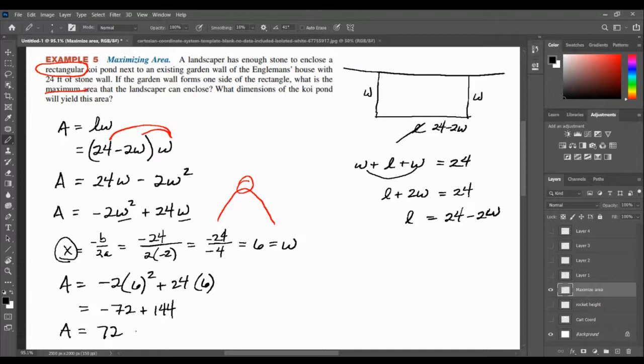And that would be square feet. So my answers, W equals 6 feet. 24 minus twice W is 12 feet, 24 minus 2 times 6. And 6 times 12 is 72